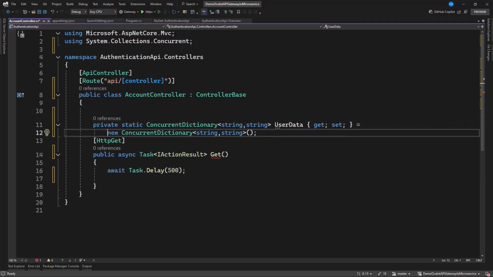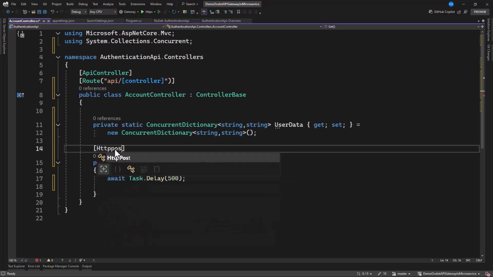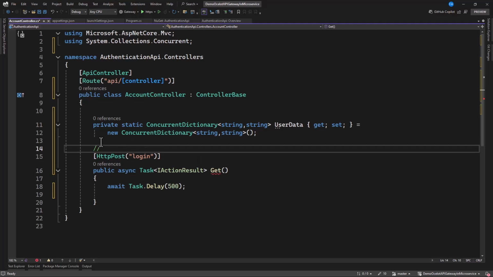Okay. Now first, we're going to have the login, maybe register. So let's have a login. That's HTTP post. Now with this post, we're going to say this is login. That is a route. So here the route is going to be API/account, then we have our login. Then in here we're going to be using parameters.